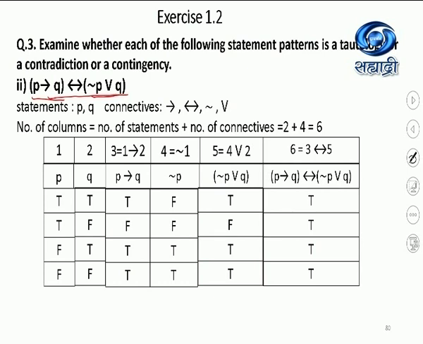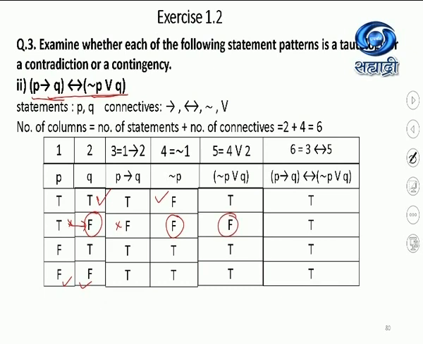P, Q by default have TTFF, TFTF values. That is fine by default. P implies Q: we all know only the TF combination is F. All other values are T in column 3. Negation P means you have to take the negation of column 1. That is, negation of T is F and negation of F is T. Then negation P or Q means what? Column 4 or column 2. In the or column, only F or F is F. All other values will be T.